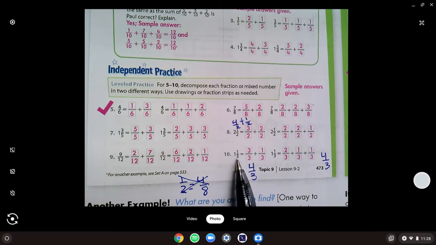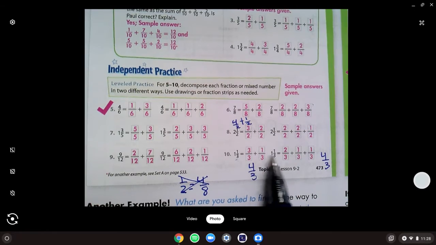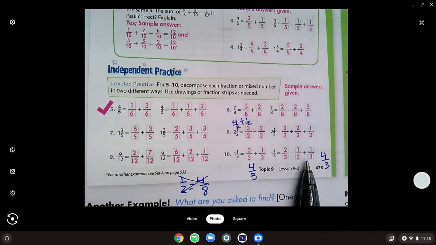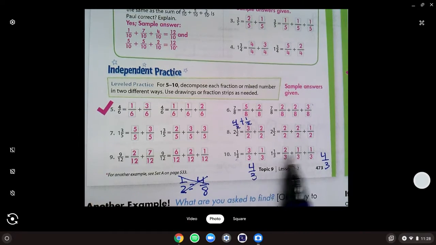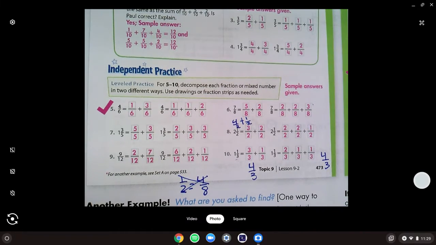Then we have 1 1/3. We should have done 3/3 and then plus 1/3. And decompose it even more for this part. 2/3 plus 1/3 plus 1/3. Good. Because we know that this side is really equal to 4/3. And we know if we look over here, it should be equal to 4/3 too. Then on the back side,